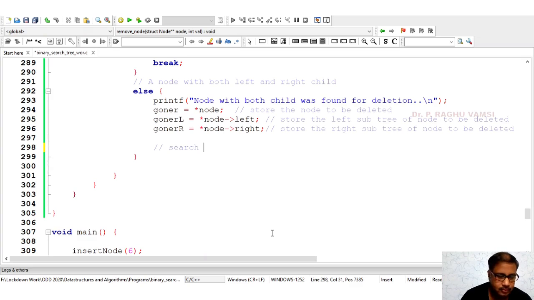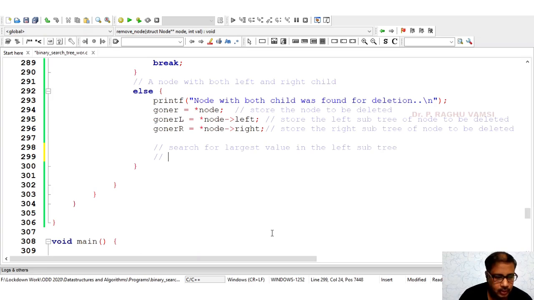Search for the largest value in the left subtree.